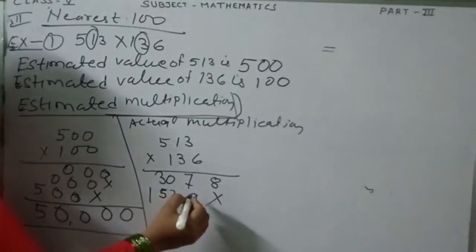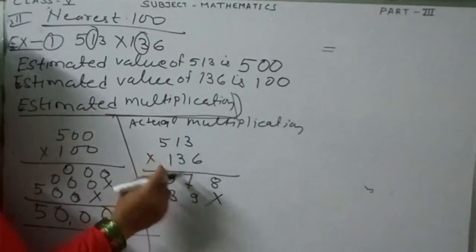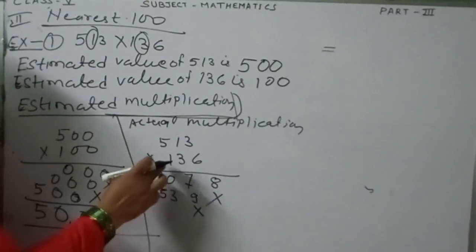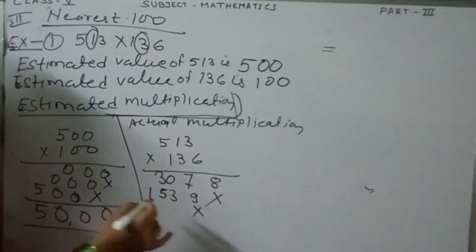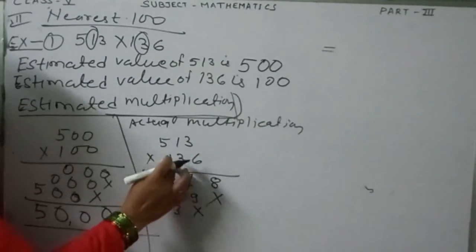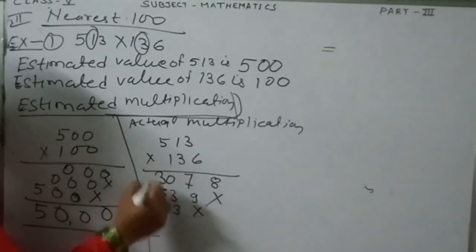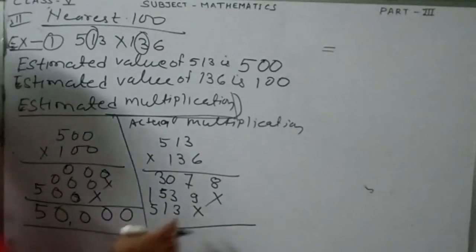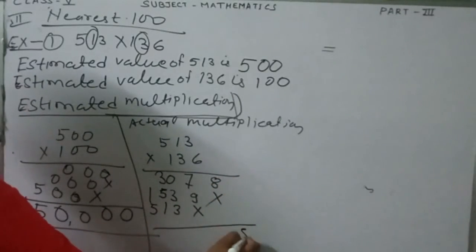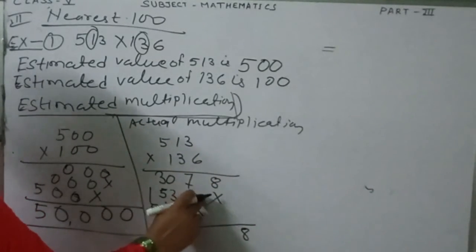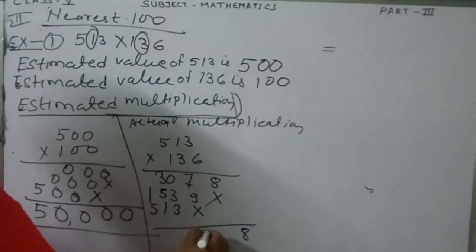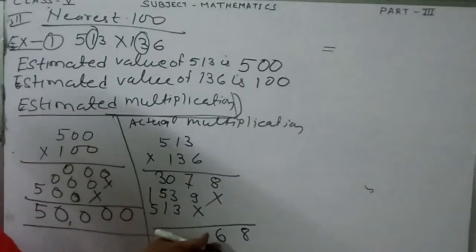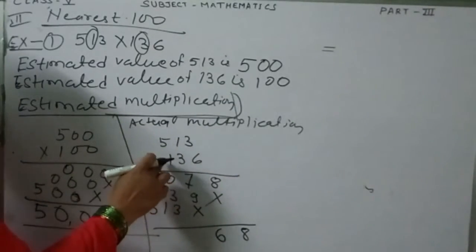Now again we have to multiply with this one. So first we put the cross here, and afterwards read the table of 1. How many times? 3 times. 1 three is 3, 1 one is 1, and 1 five is 5. And afterwards add all the numbers together. This one is 8, 7, 9. Add the numbers. This one will be 16. So 6 we write here, and 1 is carry.